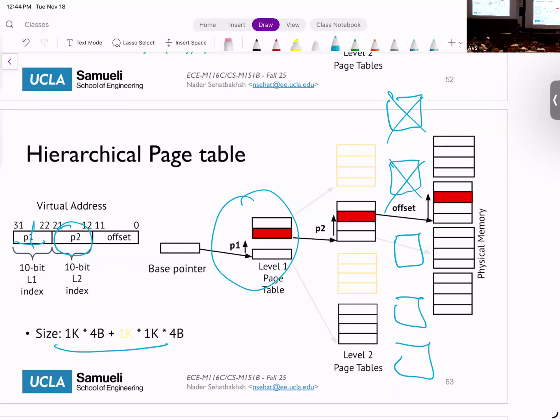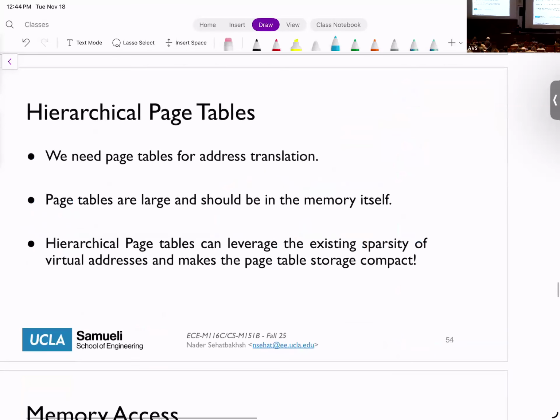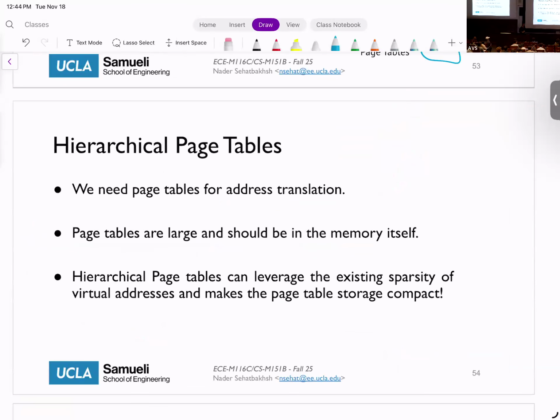Any questions? Oh, yeah. The more granular it is, the less wasted memory, but the overhead is more accesses, right? So it takes much more time to access an actual page if you have multiple layers of hierarchy, right? So if I only have one page table, it's one access. If I have two levels, it's two accesses. If I have four levels, it's five accesses, and so on and so forth. So that's the trade-off. Okay?